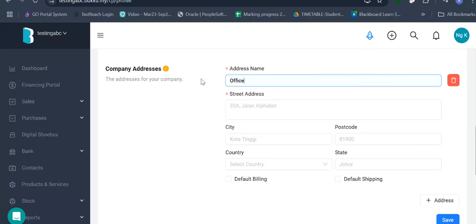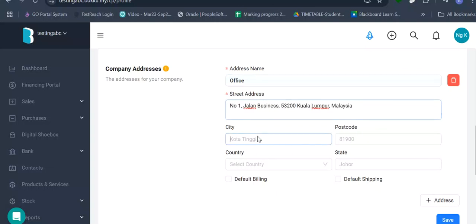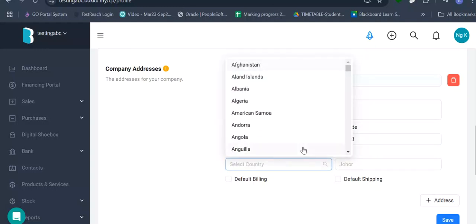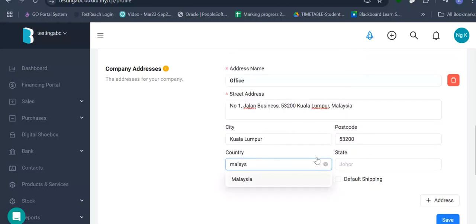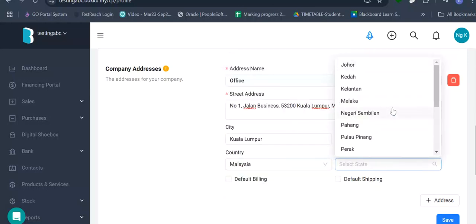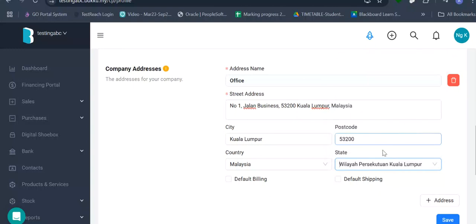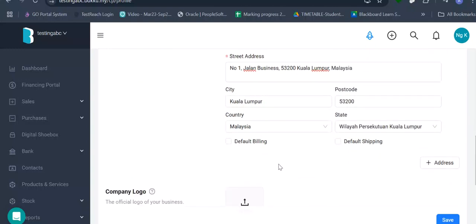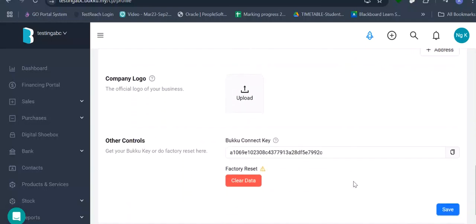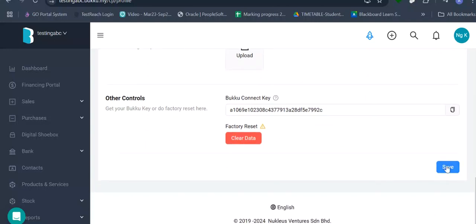Office lah. 50 Kuala Lumpur, postcode 53200, country is Malaysia, state is Wilayah KL, default billing, default shipping, company logo if you have, you can upload. Okay, let's take it.